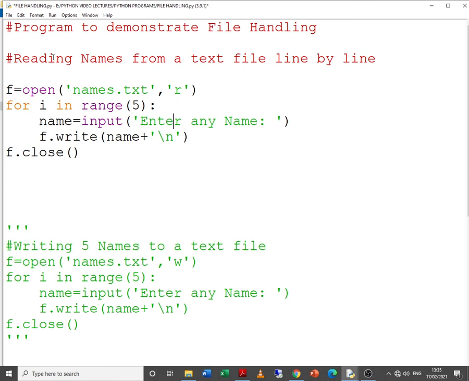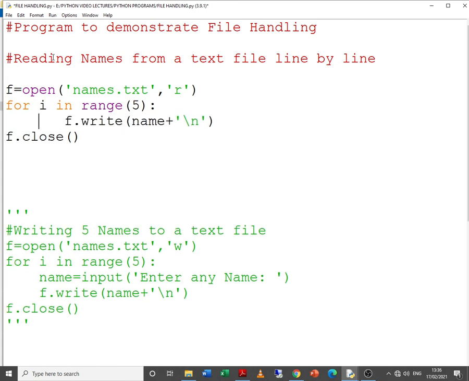Now we are not going to take anything from the user, so this line of code goes, and we are not going to write the contents to the file, but we are going to read one line of text, and for that the method that we use is readline.